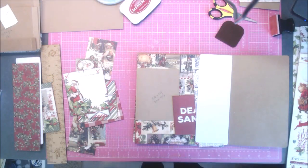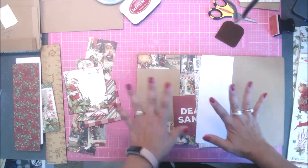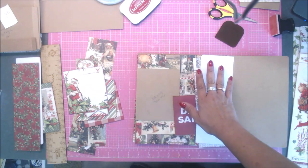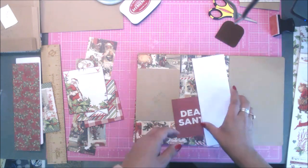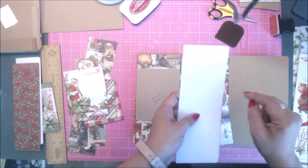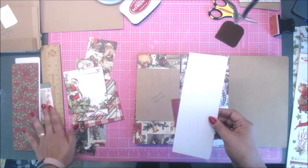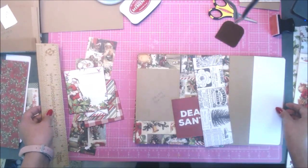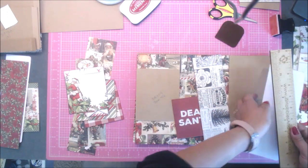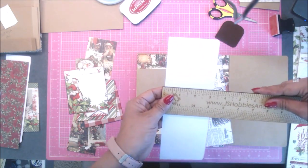Hey guys, okay, so I went ahead and cut all my papers for page number 1, and inked all of my papers. And then I also cut some white cardstock and inked it. And for this spot right here, we're going to use white cardstock, and you're going to need one that is